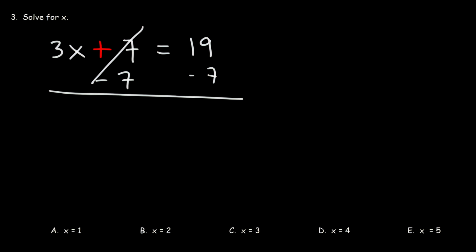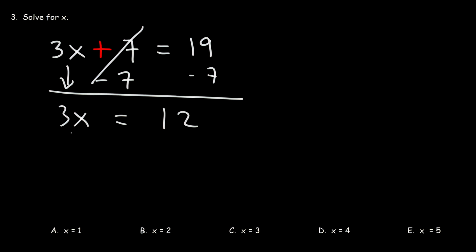Positive 7 and negative 7 adds to 0. We can bring down the 3x. And then on the right, we have 19 minus 7, which is 12. Now how do we separate the 3 from the x? Notice that the 3 is multiplied to the x. So what operation is opposite to multiplication? The opposite of multiplication is